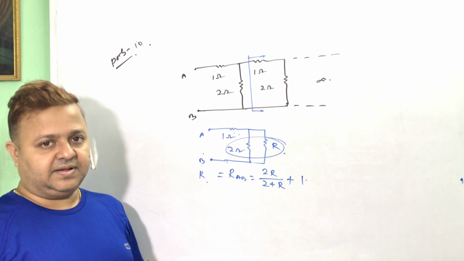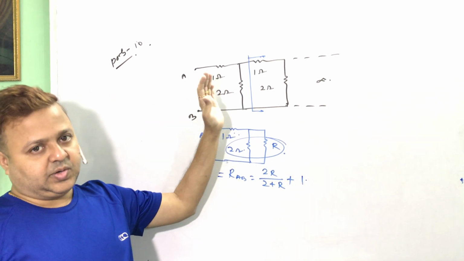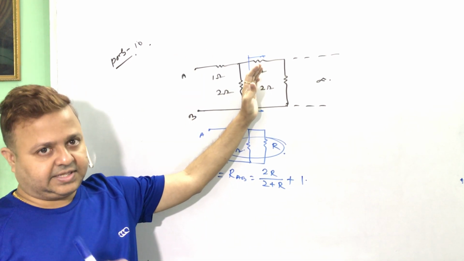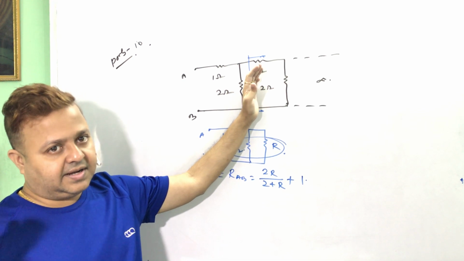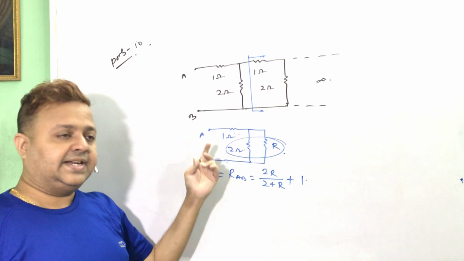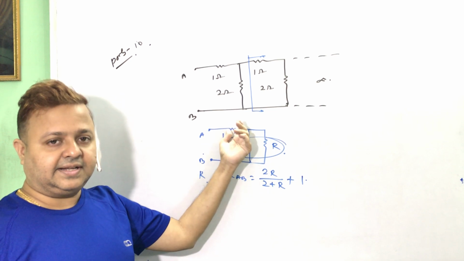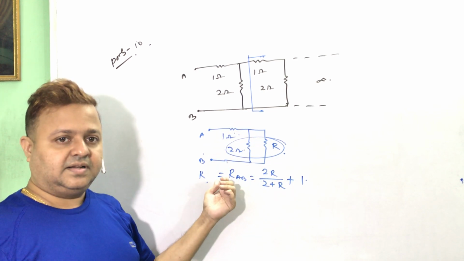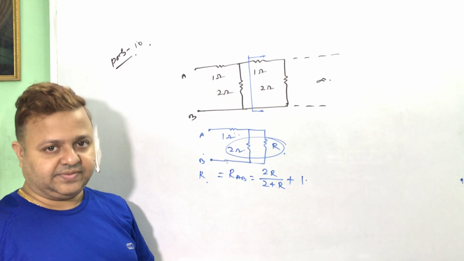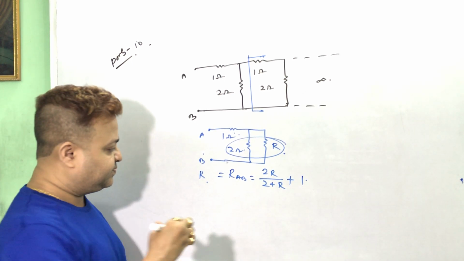Then we can find the value of R from this quadratic equation. Taking one loop as a constant and eliminating the rest, that is also an infinite number, and the equivalent resistance across it is R. Now we can find the equivalent resistance across AB in terms of R. These two are connected in parallel and one is connected in series, and that is also R because this is also an infinite number across AB. Then we can find the value of R from this equation, and the answer is 2 ohm.